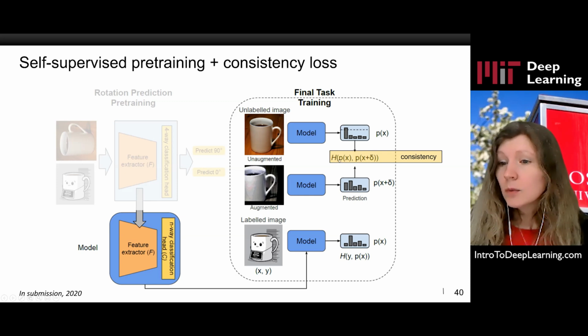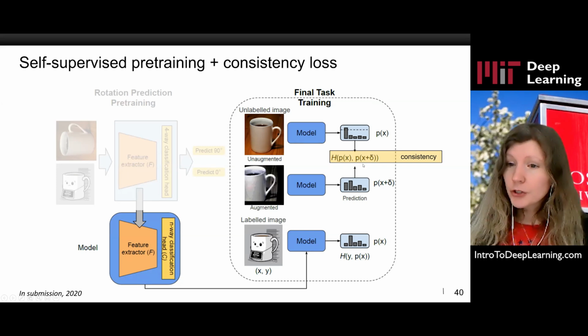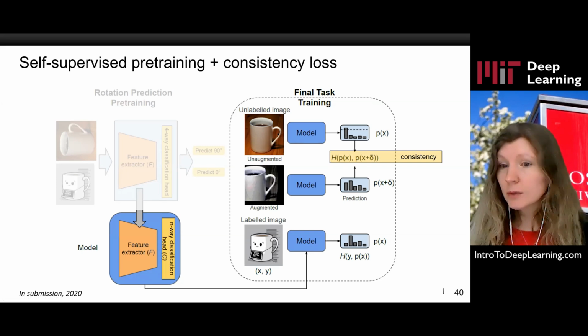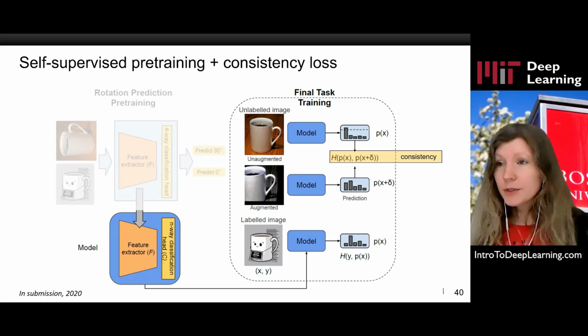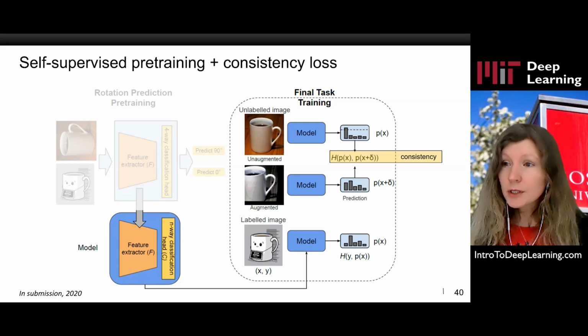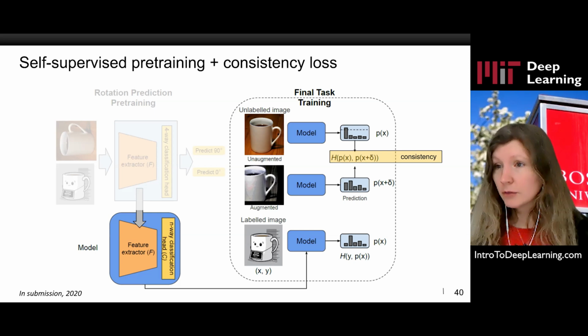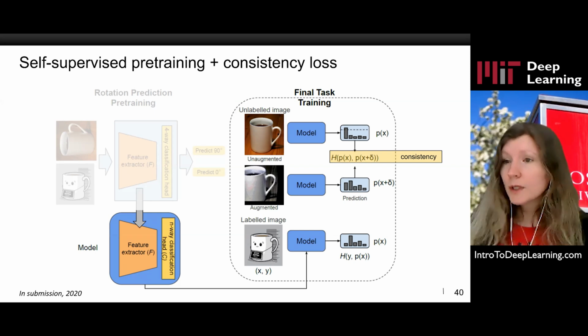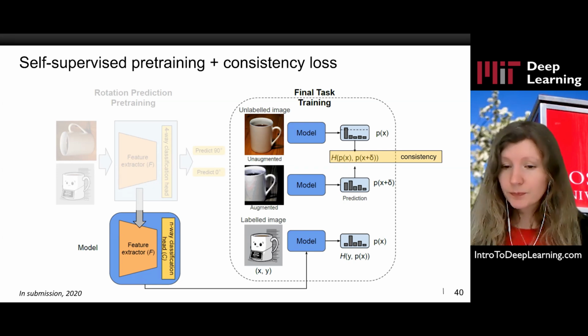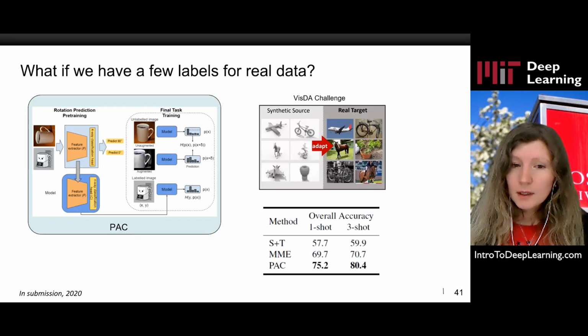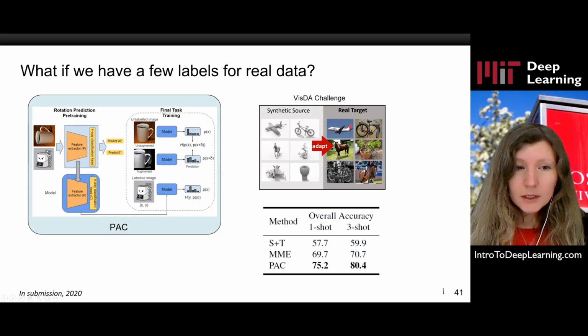And then we take these two probability outputs and we add a loss which ensures that they're consistent, right? So we're telling our model, look, if you see an augmented version of this image, you should still predict the same category for that image. We don't know what it is because the image is unlabeled, but it should be the same as the original image. So with this idea, a combination of this rotation prediction pre-training and consistency training,